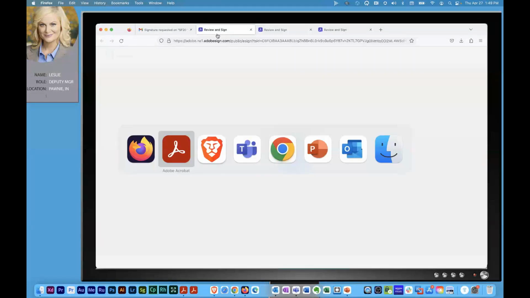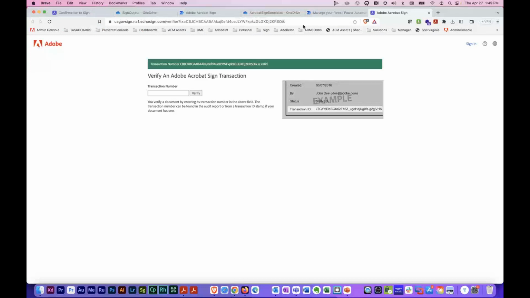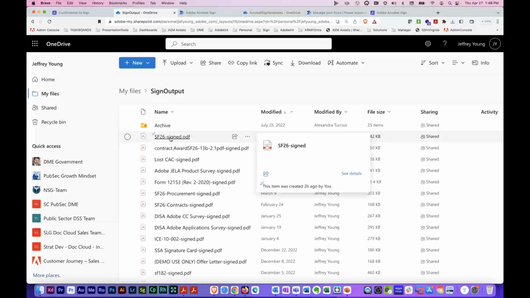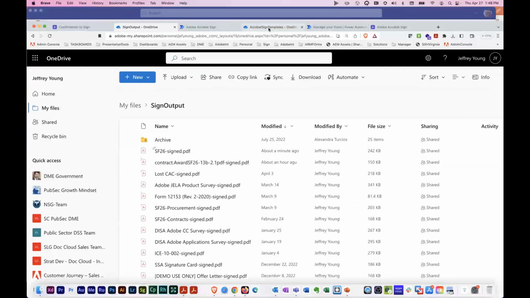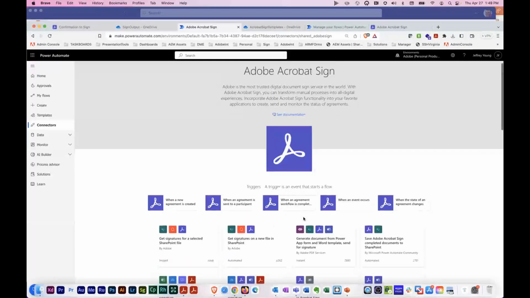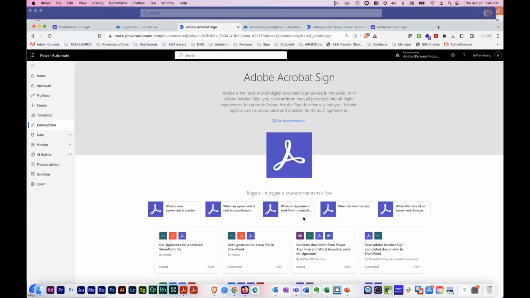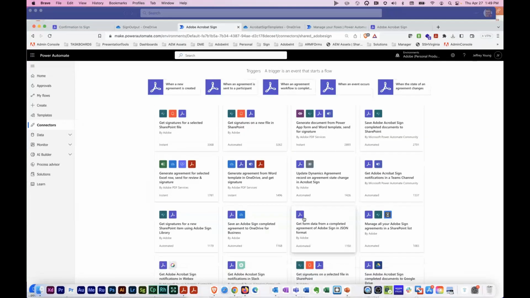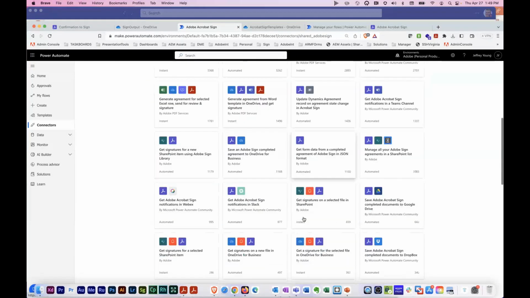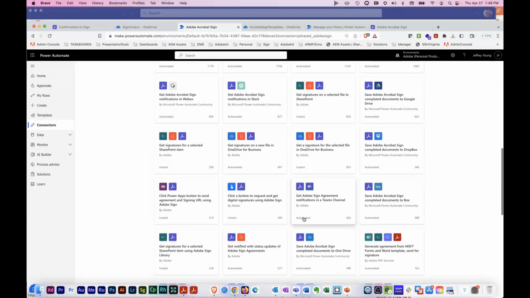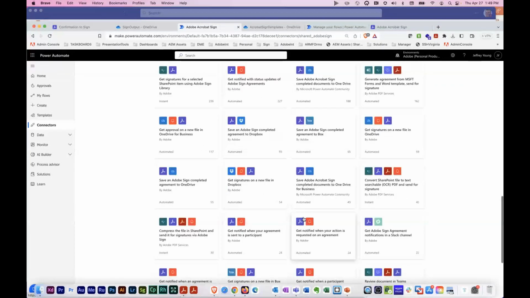What I will show is some of the Power Automate side while that is pulling up. So this will deposit directly into, say, OneDrive or SharePoint. In addition to that, you can see some of the Power Automate templates that we already have existing. So you do a search for Acrobat Sign, and there's an Acrobat Sign for Government that you can also find on your GCC, where it will have some of the existing flows, and you can see all of these flows that Acrobat Sign, as well as some of the PDF services that you might have from Adobe